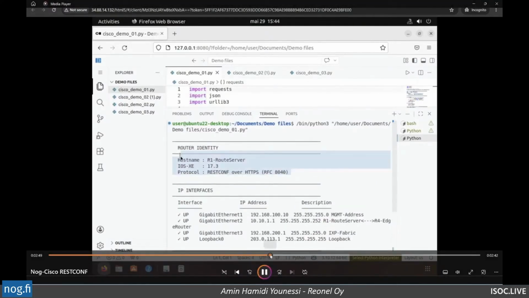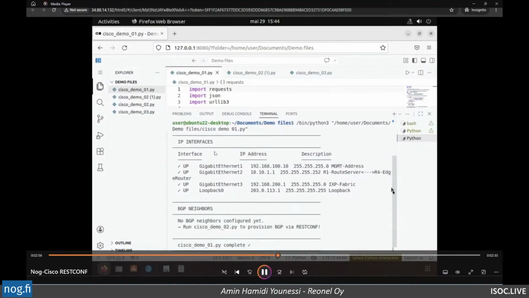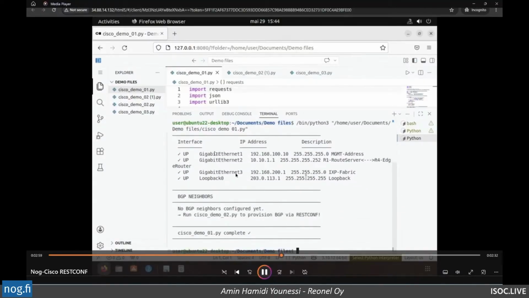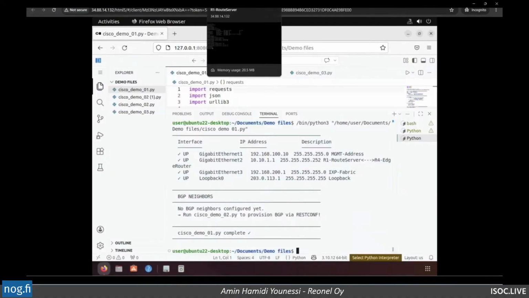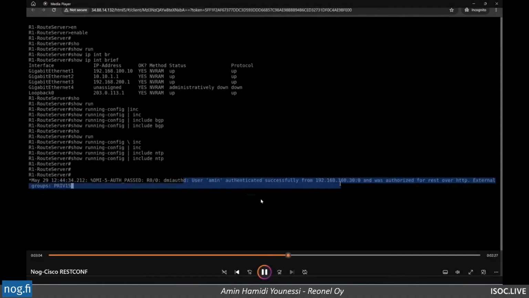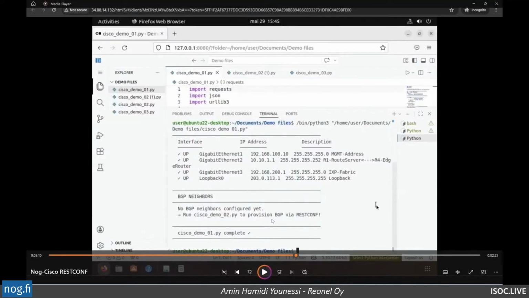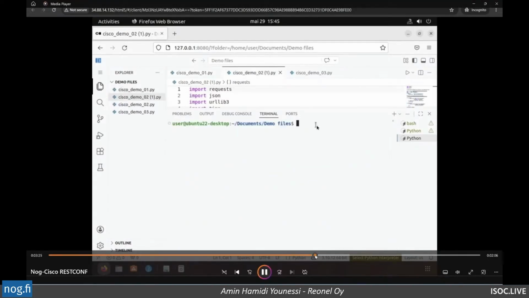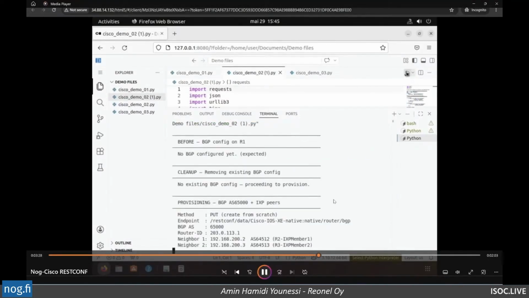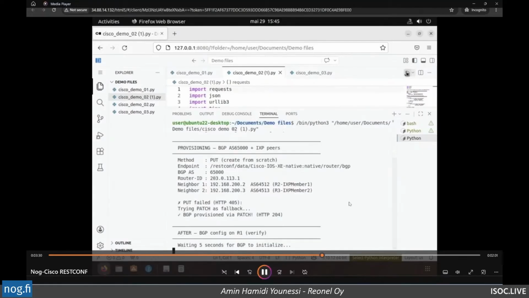Then we will move forward to test, and it also shows us some other information, like the host name of a router itself. And as you will see, somebody authenticated with these devices, with this Cisco IOS XE device. But the point is, before that, I enabled RESTconf on each of those routers. So after that, we will continue with the second file,